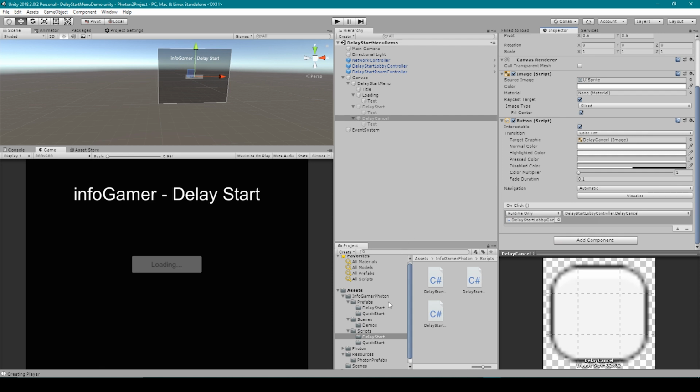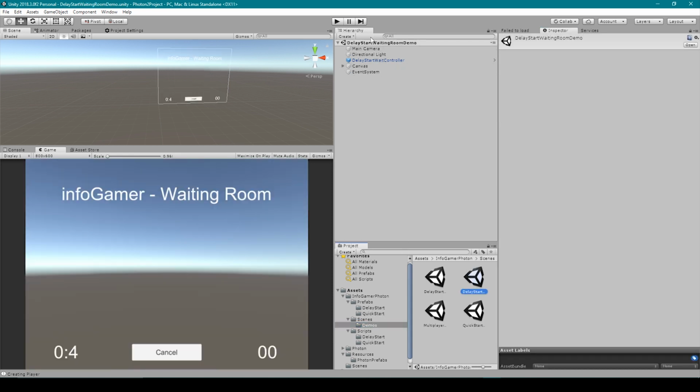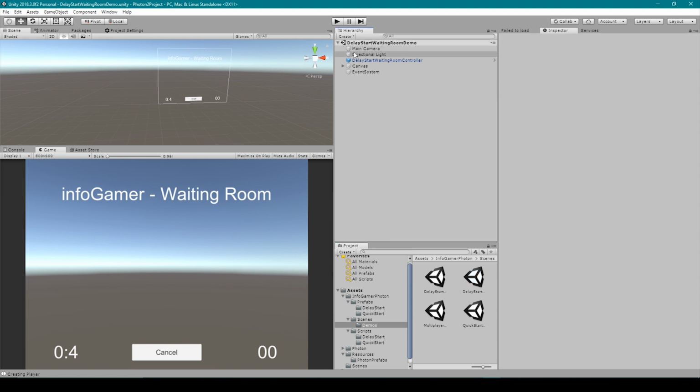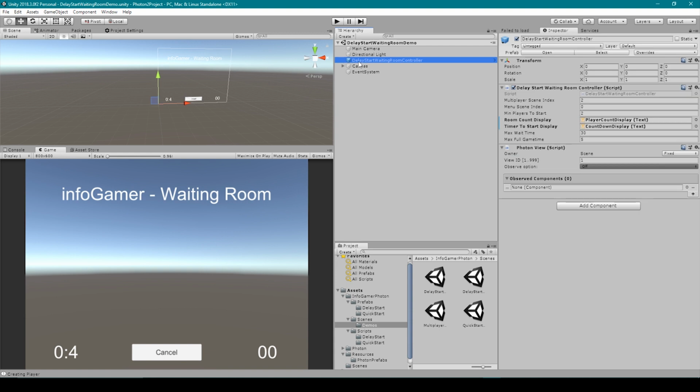You're then going to need to create a new room, which I have right here. This is my delay start waiting room demo scene. Inside this scene I have a main camera and a directional light. I then have an empty game object, which I've called delay start waiting room controller. And we'll talk about the components that are attached to this game object in a second, but